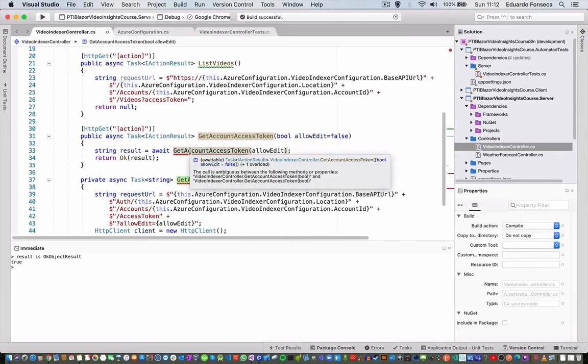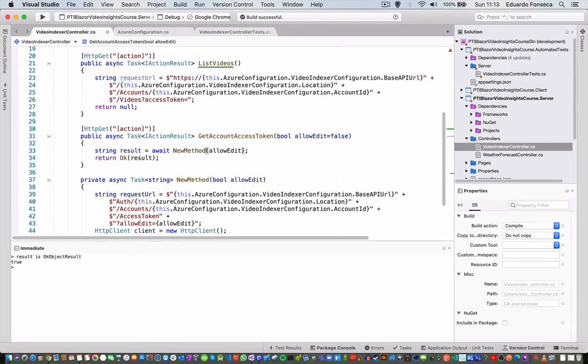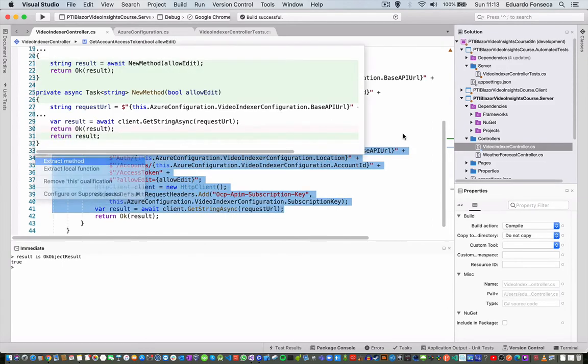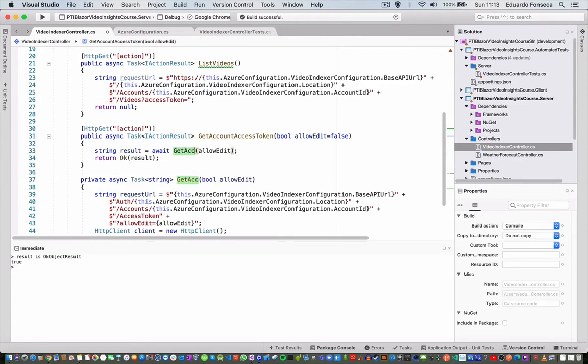It's having the same name, so I need to use a different name. Let's see. Token string. Okay. Get account access token string,